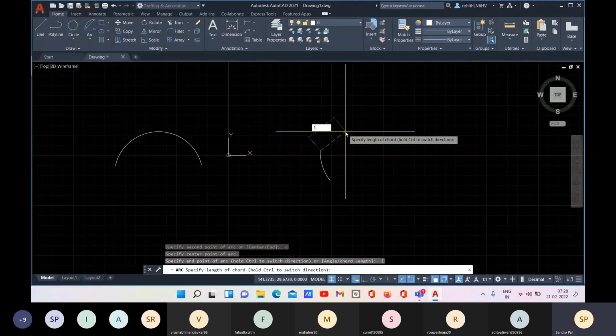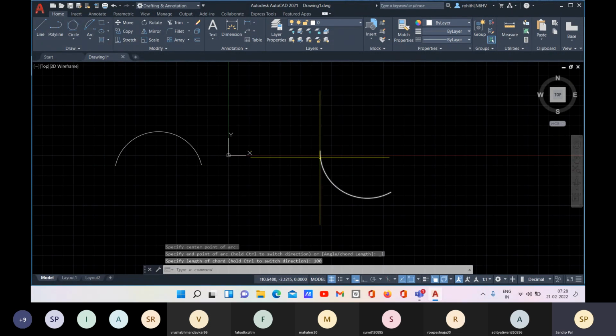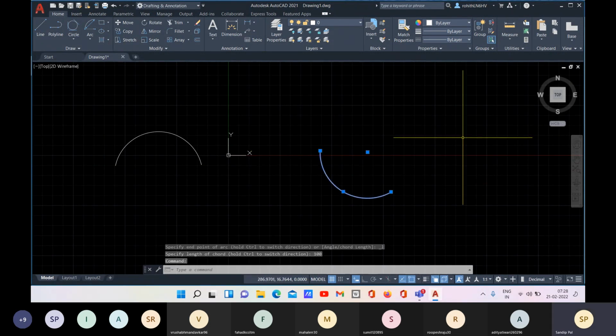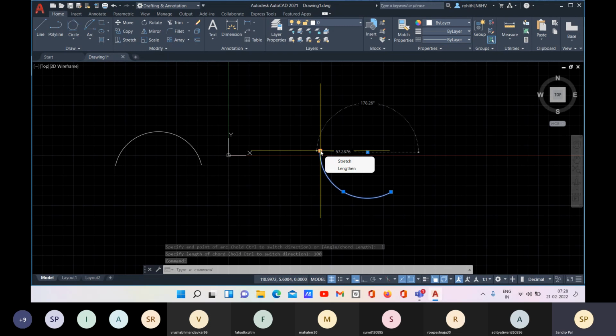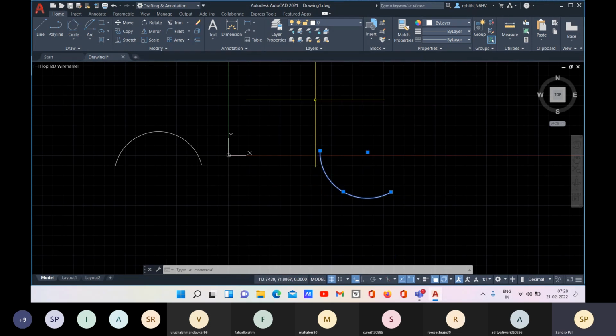Let me give the value like 100, enter, and it will definitely go in the positive direction. So from the start point, this is the positive direction, and if it goes in this direction, it would be negative. So by default, it will go in the positive direction.